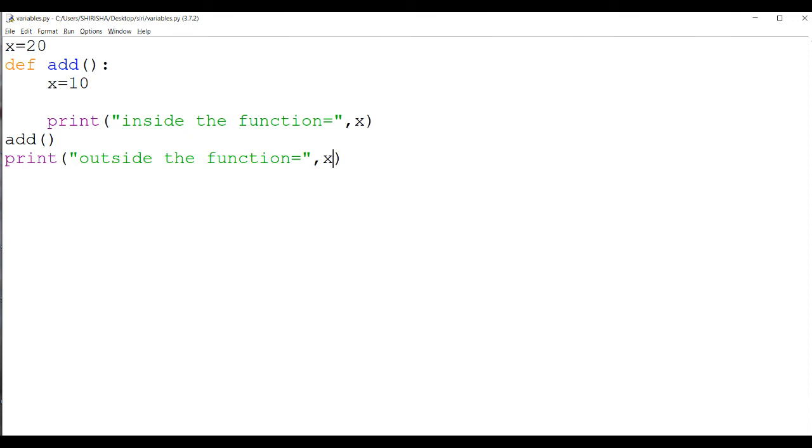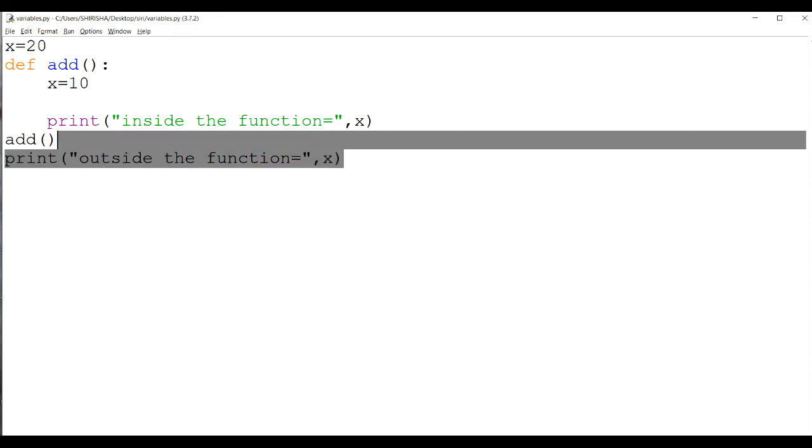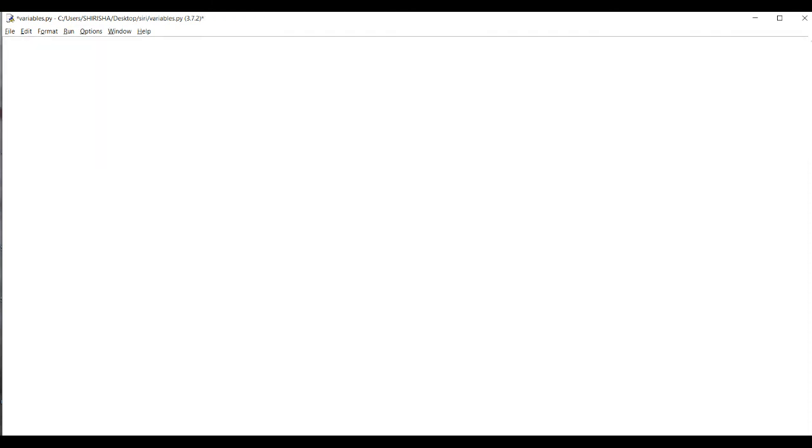We can modify the value of a global variable inside a function. Let us see how it can be done. First, let us create the variable globally, x equal to 50, and let us create a function definition and make this x as global x. Then you can modify x, I am modifying it to 100.